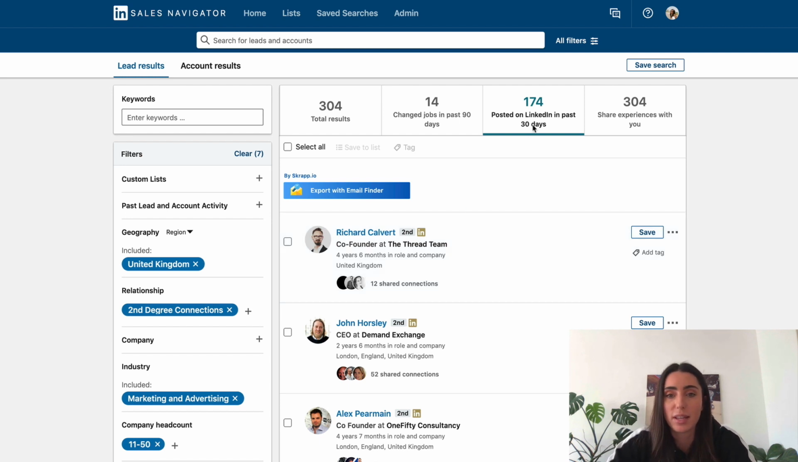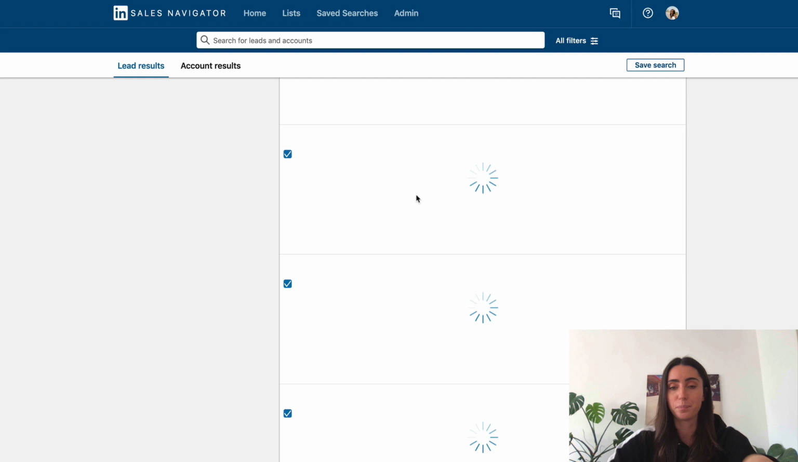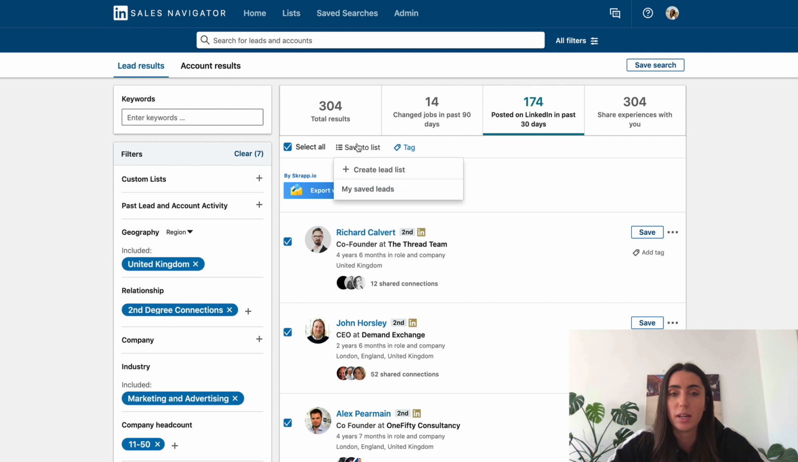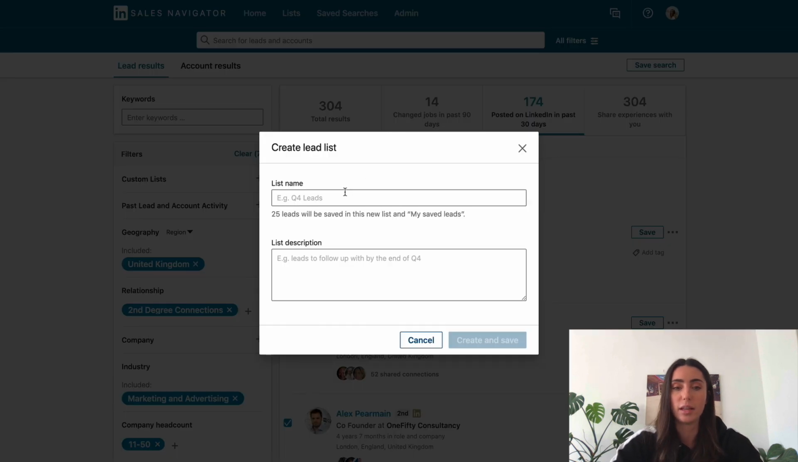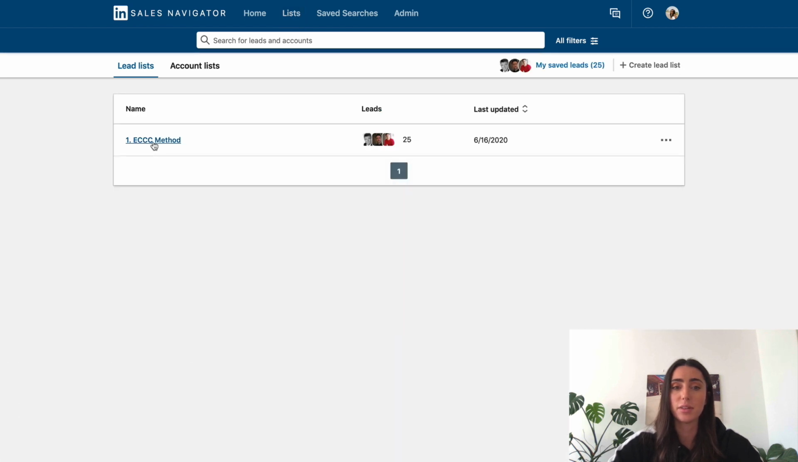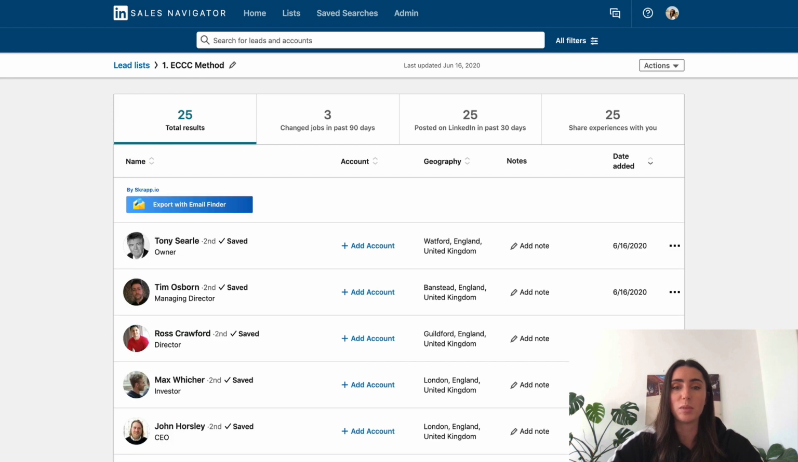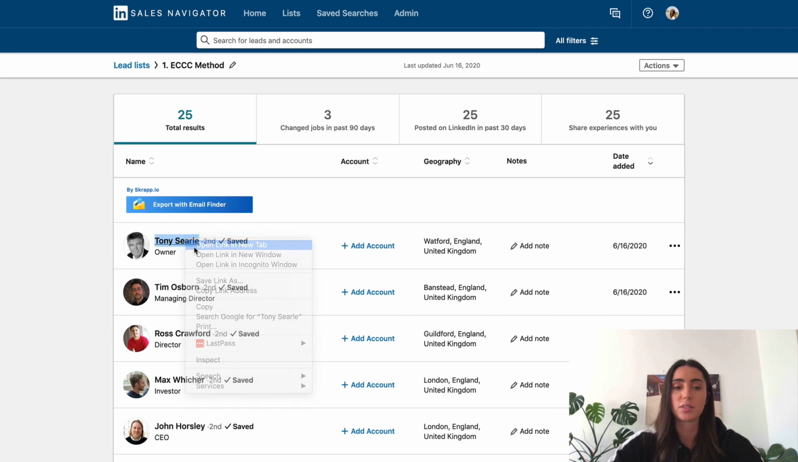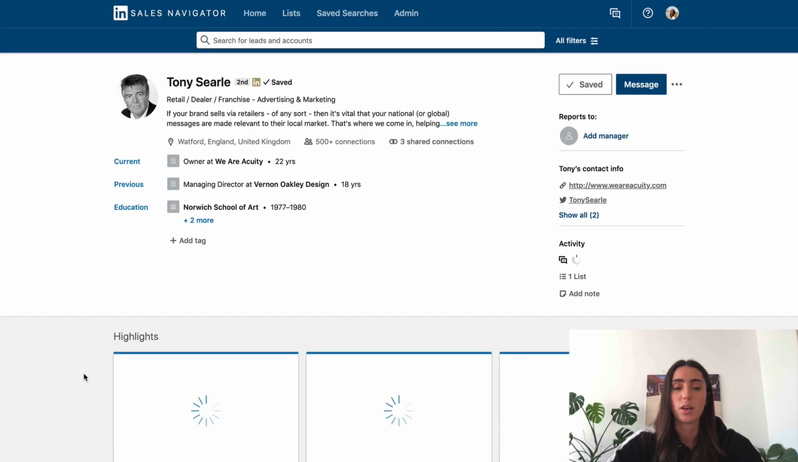So what I could do is I could say, okay, all these people have posted. I could select all of these leads. It's only going to select this page though. So say for the sake of this example, I want to save all of these people to a list. Create a lead list and call it the ECCC method. Create and save. Go onto my lists, go onto the ECCC method, and then I've got all these people that have posted on LinkedIn. So what I can do is go onto this list, open up all these people, view them on LinkedIn,